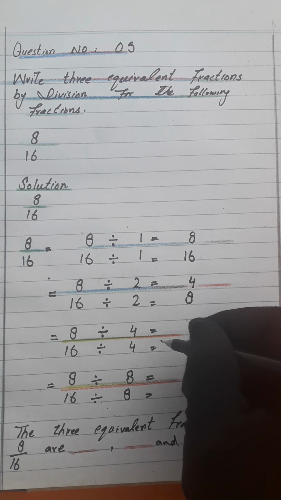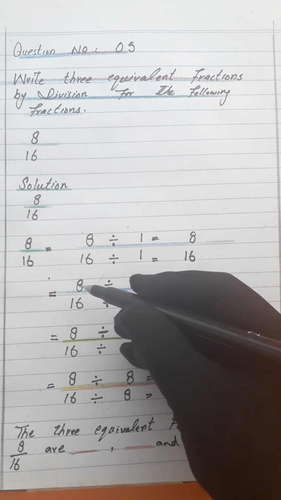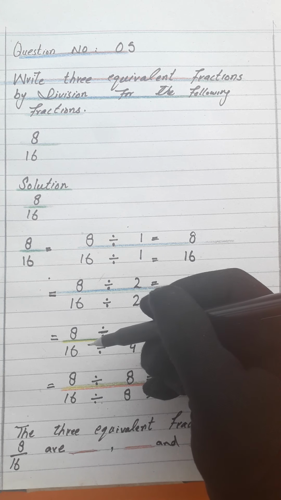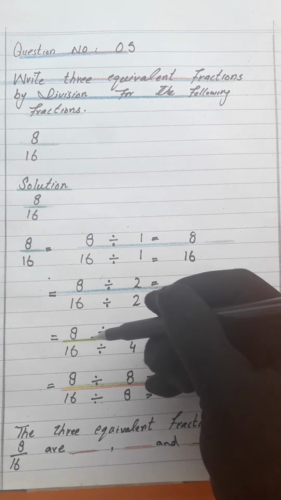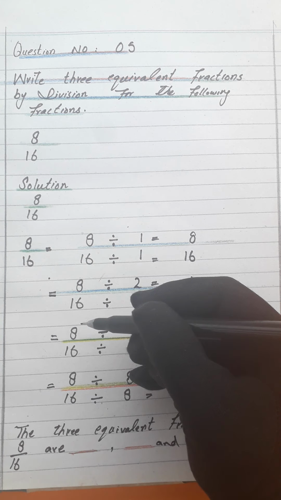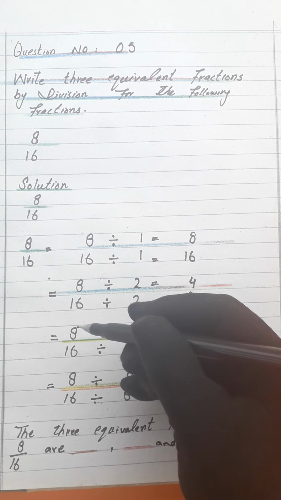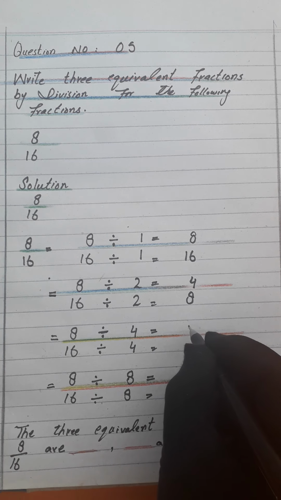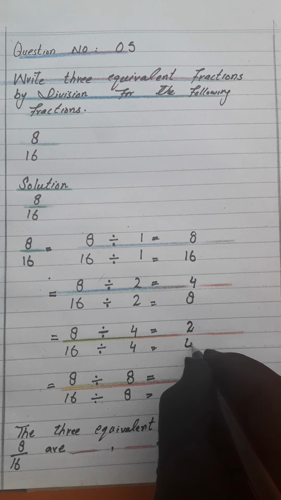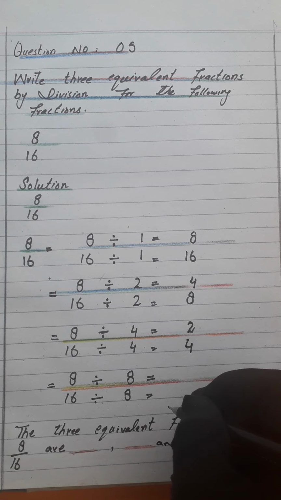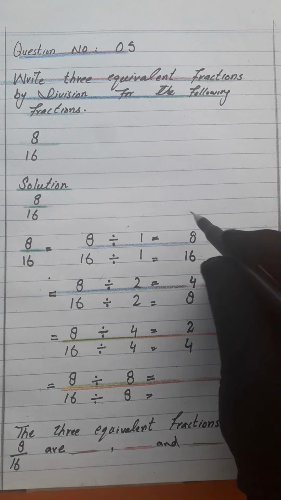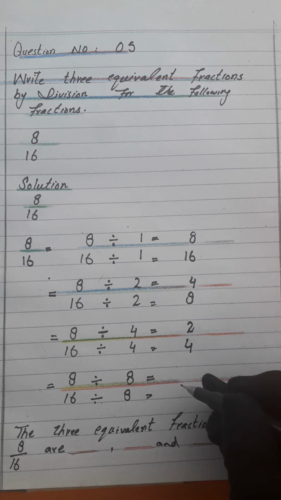Now you people check table of 3. Look at 3 2s are 6. It is not present. 16 is also not present in table of 3. But you people just select the table in which numerator and denominator both are present. Both numbers are divided. Okay, so we select table of 4. 4 2s are 8. Okay, 4 4s are 16. Clear? Again, when we divide by 1, we get the same answer. That's why we move toward the next one.